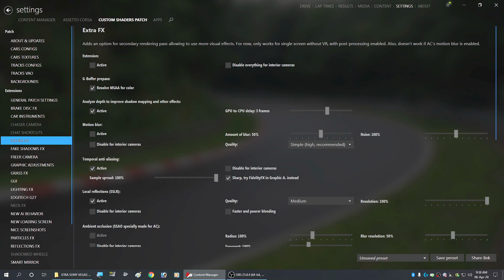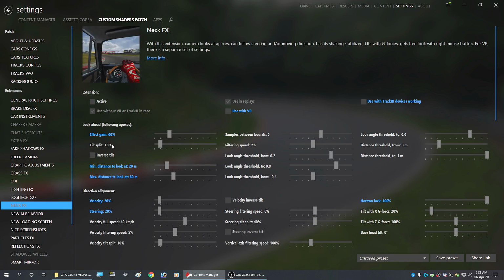Okay folks, so here we are in the menu of Content Manager, and in order to make this active, you need to go to the Settings tab here at the top, and then select the Custom Shaders Patch tab here. You'll notice that some of the settings are greyed out, and that just means they're not active. The one you want to initiate is down here, called Neck Effects. So we select that, and now we make it active. This will work straight out of the box automatically when you're in cockpit mode in Assetto Corsa. Whether it's a race or hot lap, it doesn't matter, but you need to be in the cockpit mode because it's trying to simulate